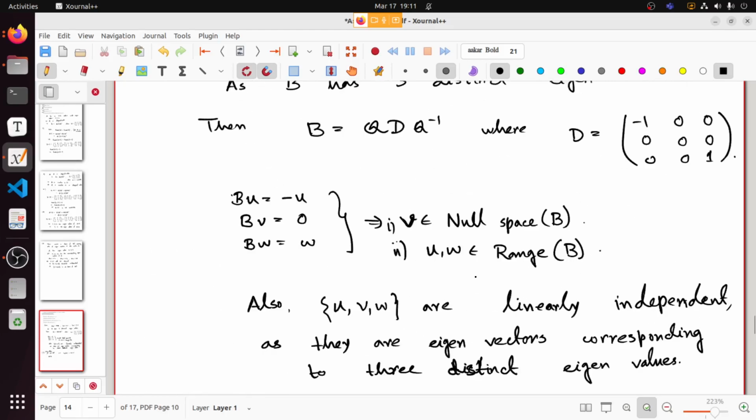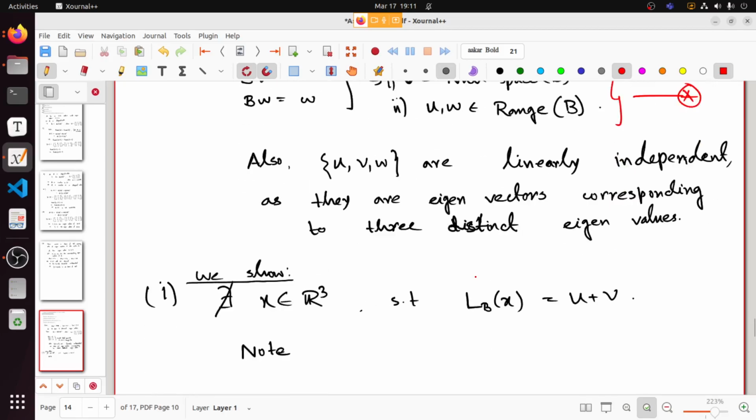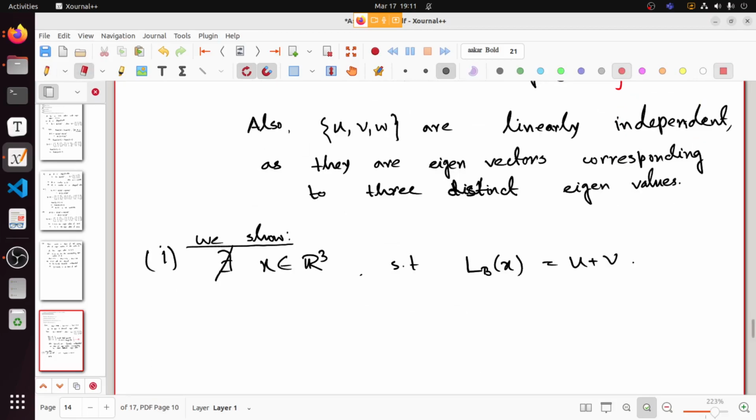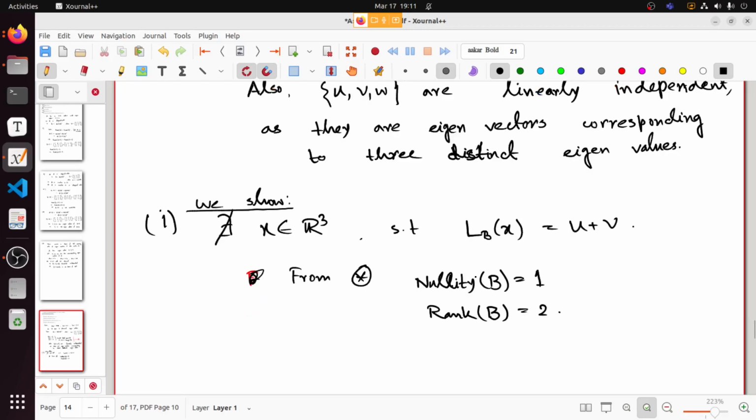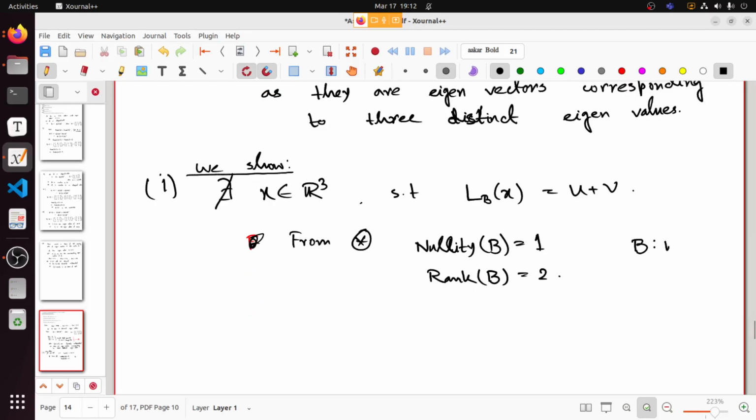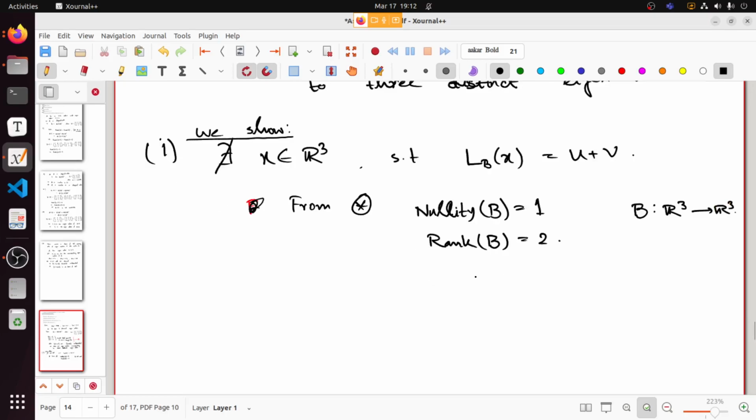Note what from here we can show easily. From star you can easily check that the nullity of B is 1 and the rank of B is 2, right? And B is a map from R3 to R3. So these are the nullity and rank. So if LB of x equals U plus V,